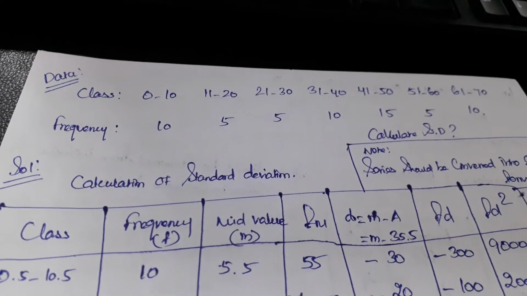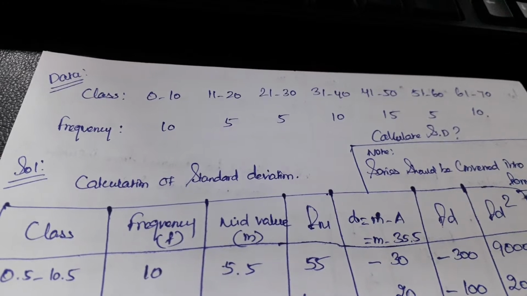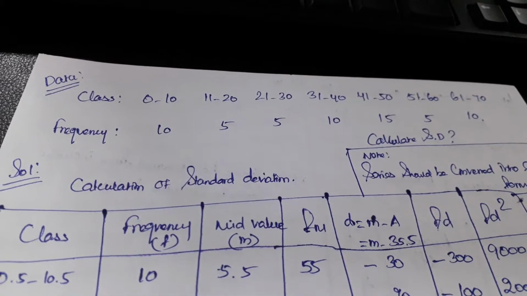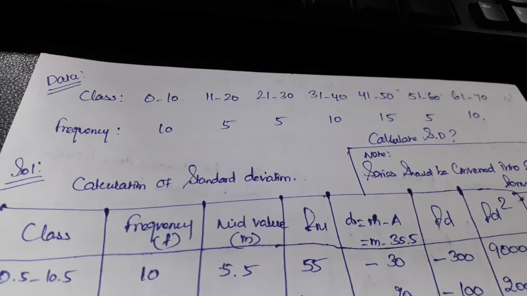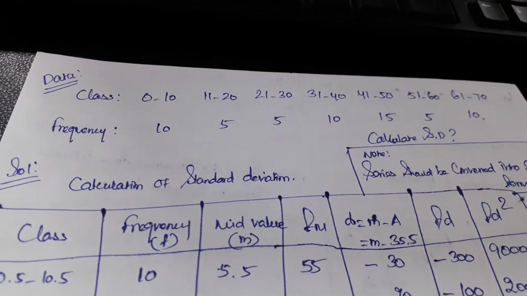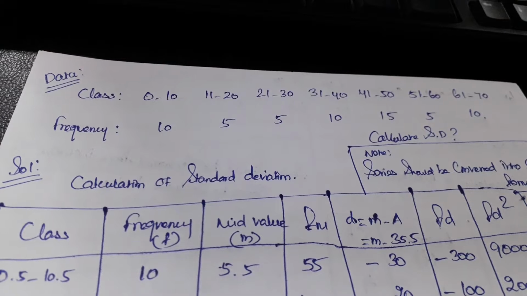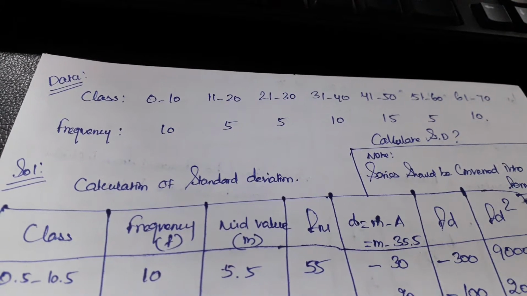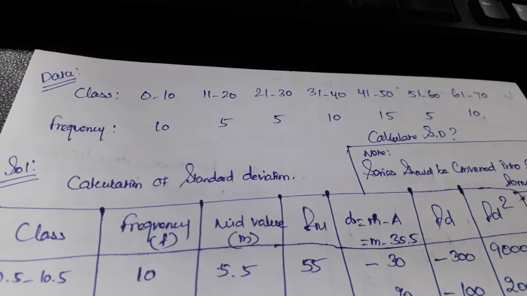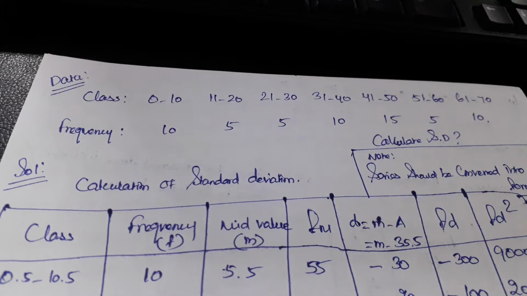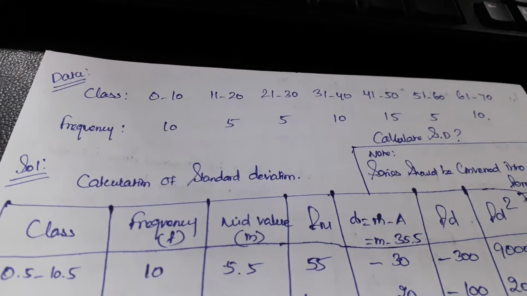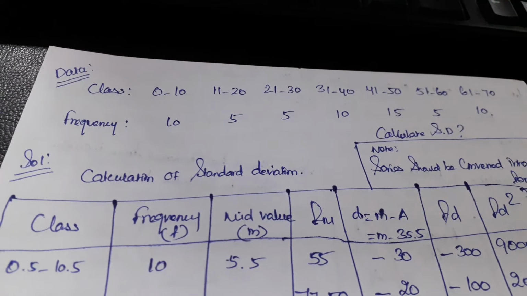So today's topic is all about how to calculate standard deviation from the given set of data. Before solving the problem, we will look at the meaning of standard deviation first. Standard deviation is the statistical tool to measure how much the data vary from the mean average. How much the data vary from the mean value, it is standard deviation. If you put the mean value under the root, we can get the standard deviation.